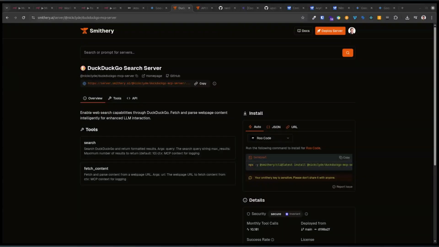So it's a little while since I've been to the Smithery website, but actually it's really cool. They've got this auto install kind of a thing that you can do. If I grab this prompt here and go into VS Code, I can't show the prompt on screen because it'll show the API key. So you'll just have to